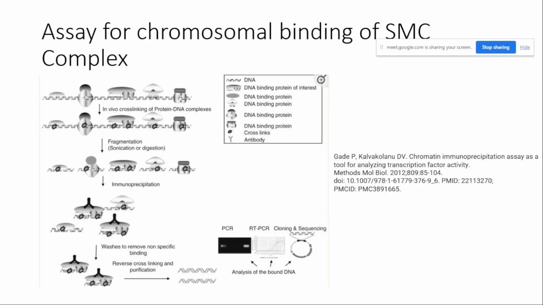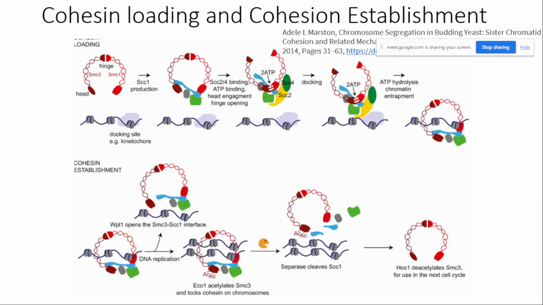So now, after that, we can discuss a topic about cohesin loading and cohesion establishment. I think all of you know about cohesin. Cohesin is known to hold, or entrap, the sister chromatids within its ring, and at the onset of anaphase the SCC1 subunit of the cohesin will be degraded, and chromosome segregation will occur. That is anaphase. So for that, two important things are cohesin loading and cohesion establishment.